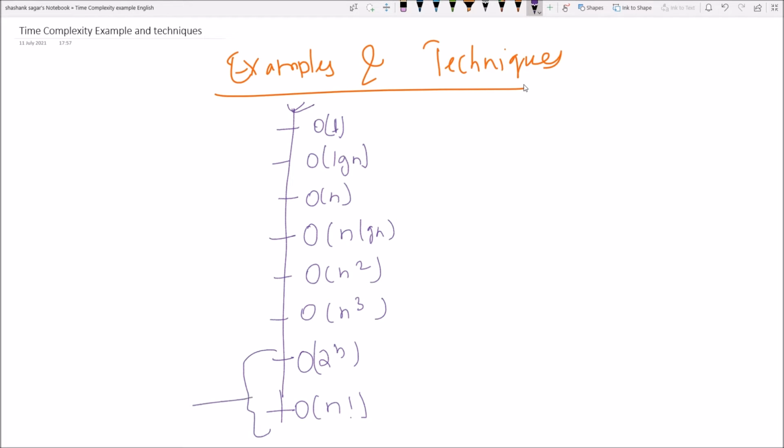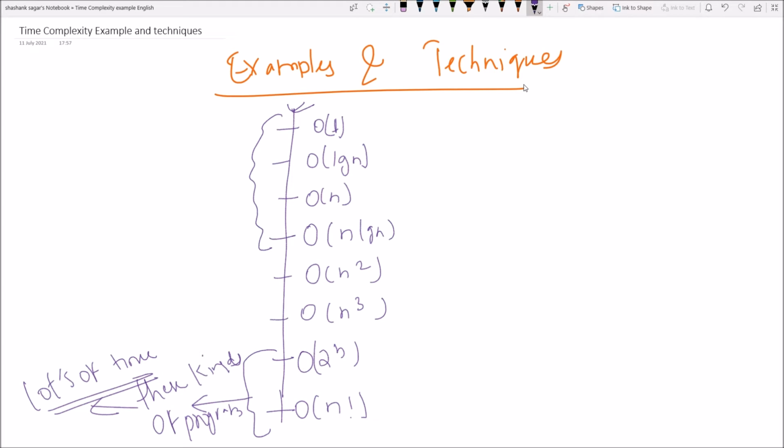Now, see one thing. We should be avoiding these kinds of programs. Very dangerous. It will take lots of time. We will understand these in detail in coming videos, but for the time being, just understand this fact that we should be avoiding exponential and factorial time complexity programs. And what we need to find is what time complexity program we should actually be writing.